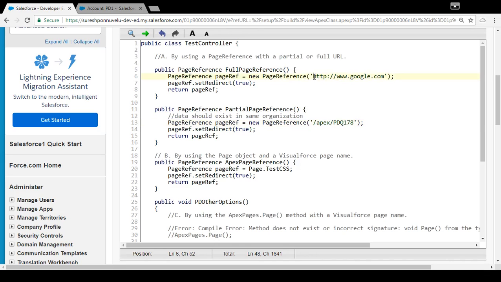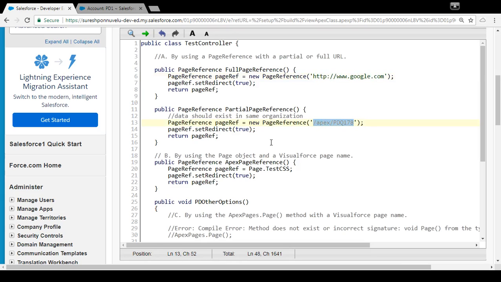But if your page exists in a different org, then you have to provide the entire URL of that particular page. So in that case, you should use the full page reference. This is called full URL, and this is called partial URL.